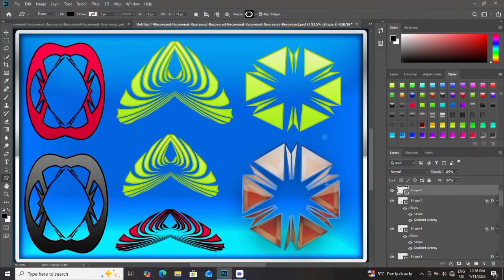I zoom in to refine edges and smooth transitions. I carefully pick colors to highlight the